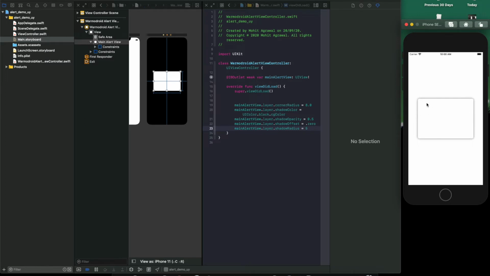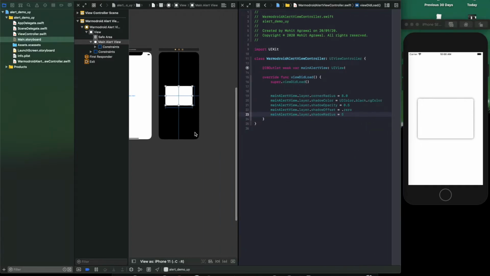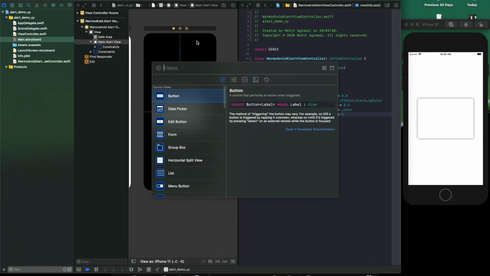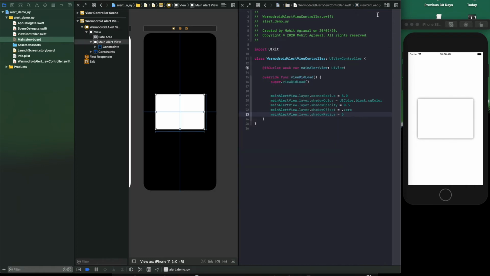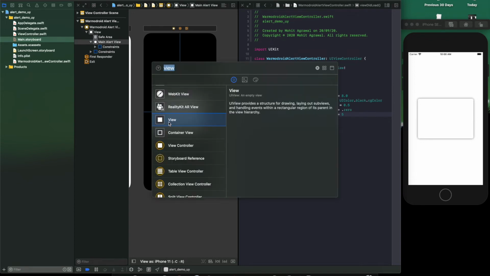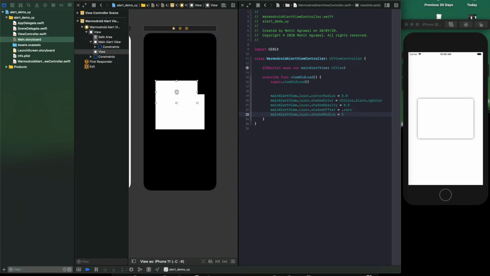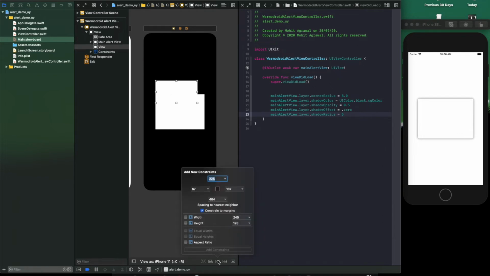Now let's give some circular view here. So for that, again go to the storyboard and there search for the plain view. Okay, here it is. Now let's give some height and width, give some 80.